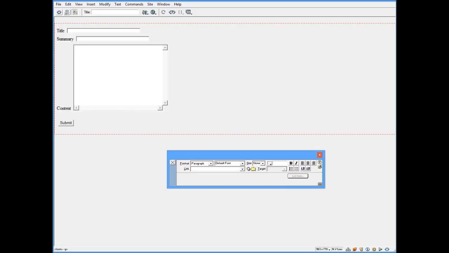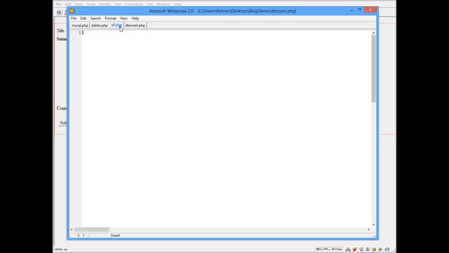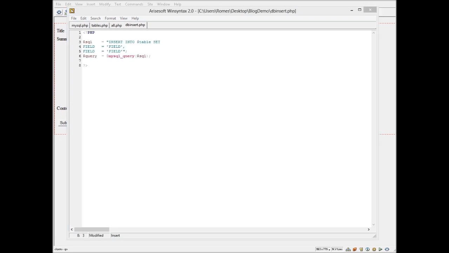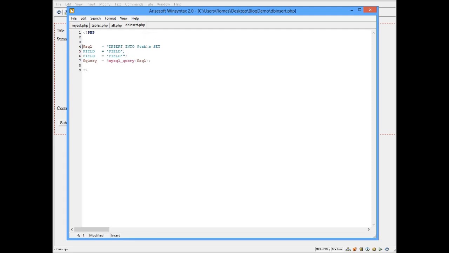So let's now go and tell the DB Insert file to actually do something. Alright, so open up DB Insert in your favorite code editor or Dreamweaver, whatever you prefer. And this is the code that we are going to use. Insert into table, and let's not forget to define the table variable. Table equals entries. Insert into table set title equals